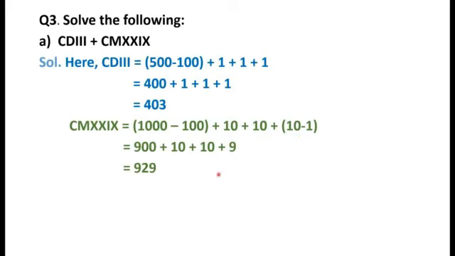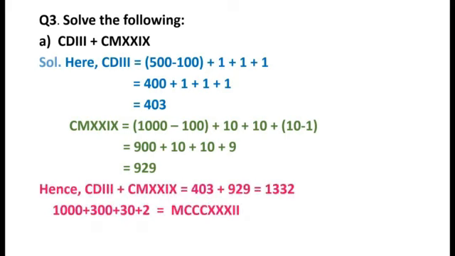So when we add all this, we'll get 929. Okay, children. Now you can see when we add both the numbers 403 and 929, as it is asked in the question for both the Roman values, when we add 403 plus 929, we will get